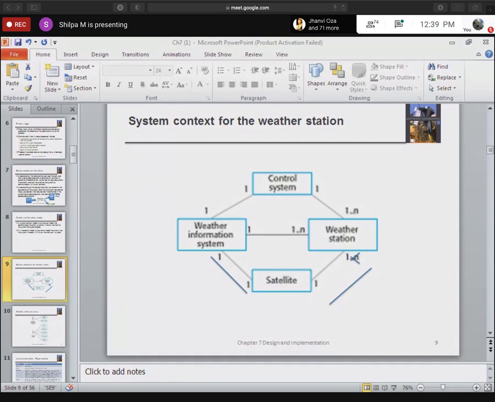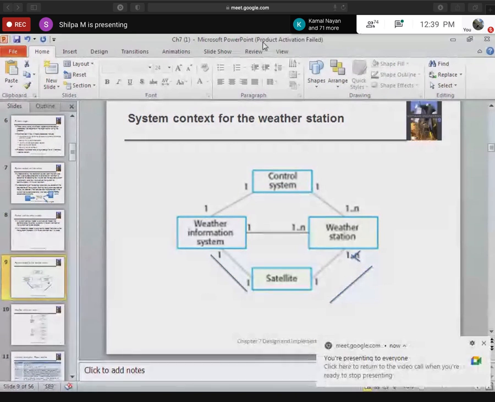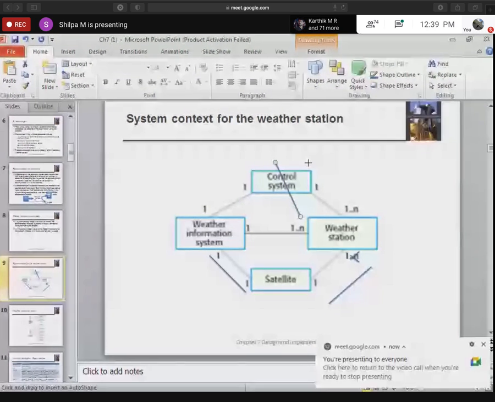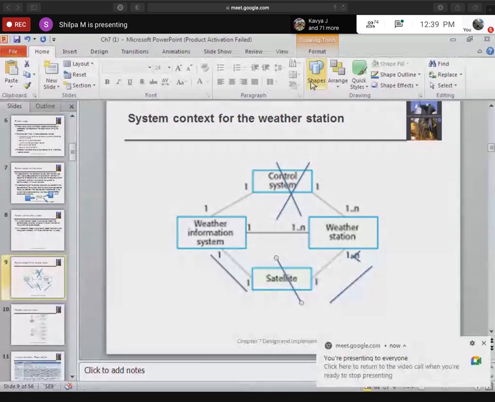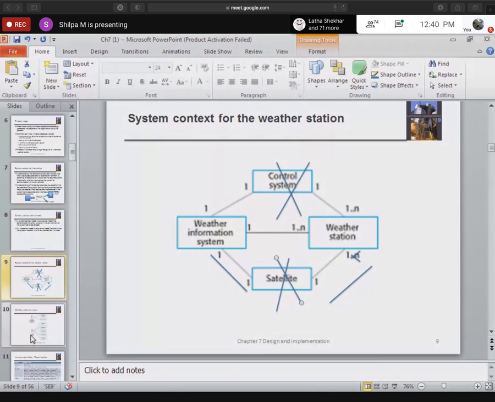But if your diagram is itself wrong, and you don't have a satellite, and you say this is the context model for the weather station with just those components, will they give you marks? Definitely you will lose lots of marks. I hope I answered your question.